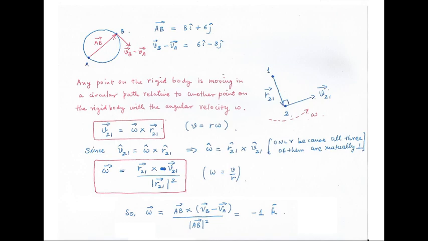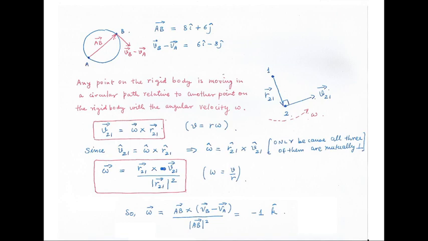If the body is entirely in the xy plane, for example, R21 will be a vector in the xy plane, whereas omega will be a vector perpendicular to the xy plane. So they are always mutually perpendicular, and because of this property, we can use